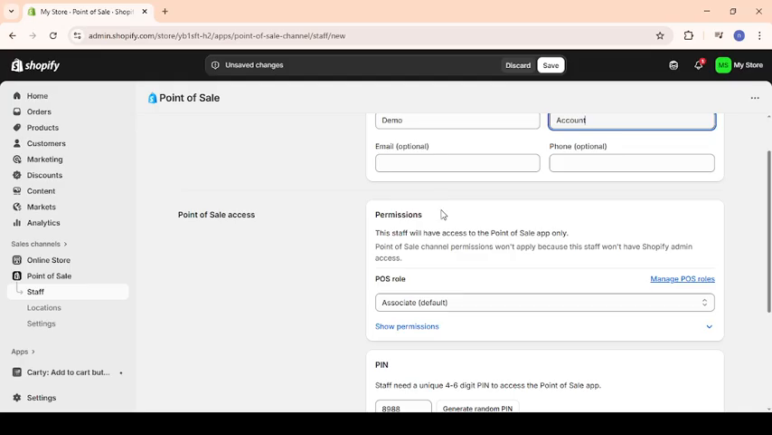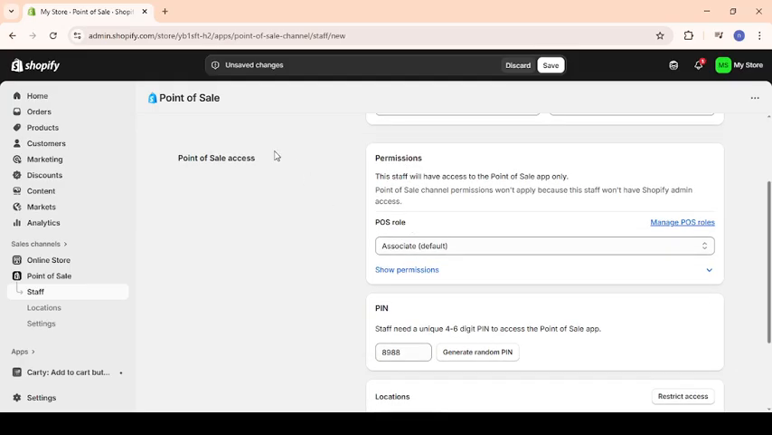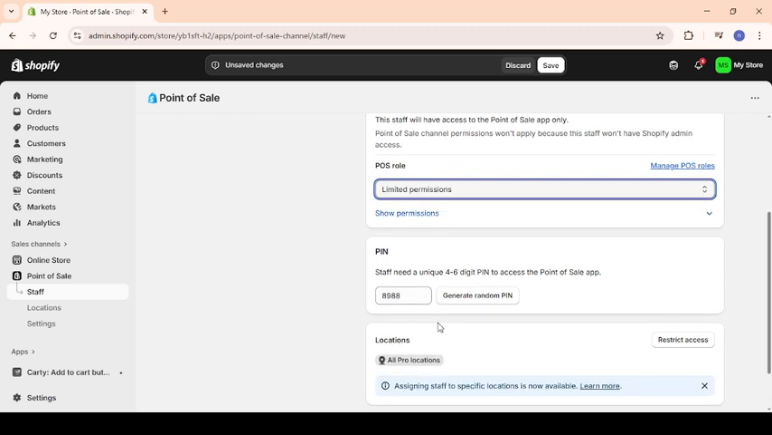With the contact information sorted, you now need to grant access by clicking on the Point of Sale Access option. Here you'll find the POS role field, which will allow you to choose the level of access your new staff member will have. A good practice is to assign limited permission for most staff members. This ensures they have restricted access, minimizing the risk of unauthorized changes, but still allowing them to perform their daily